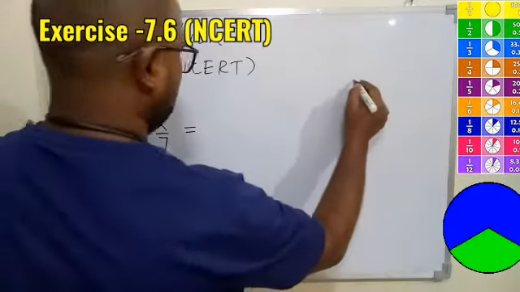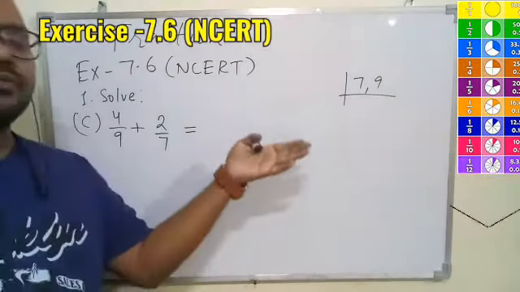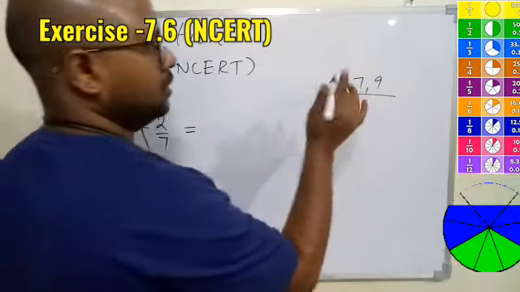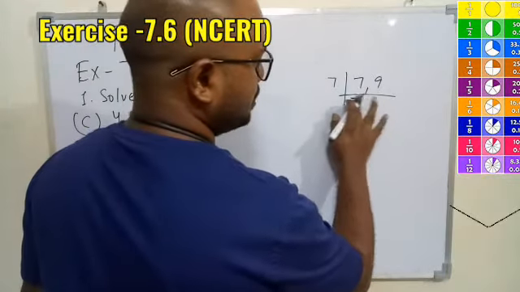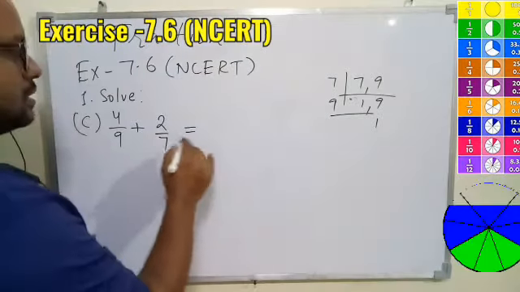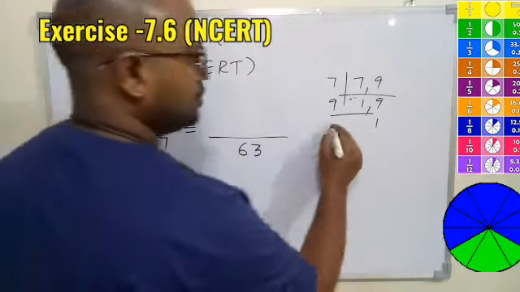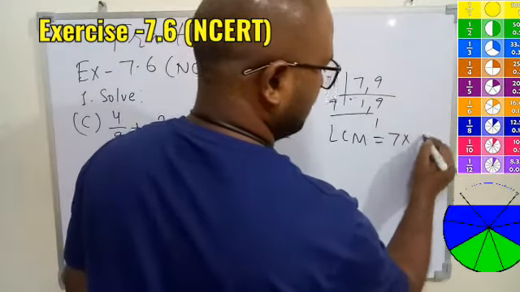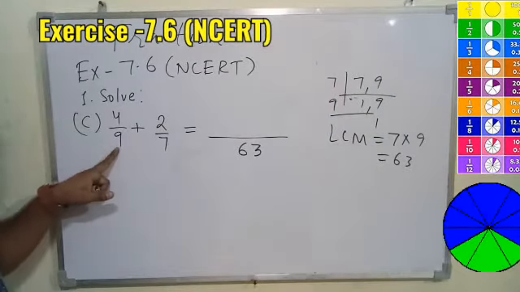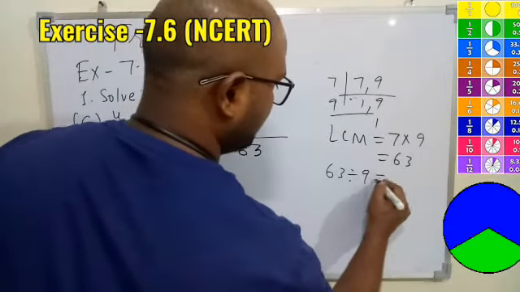So again we'll find the LCM of 9 and 7. If you don't find any other common factor other than 1, no need to find. It is understood it will be nothing but multiplication of both. So even if you try, this will be 7 1 times, 9 as it is, 9 1 times. So 9 7 is 63. Okay, so LCM is 9 into 7. And now what is to be done? Divide 63 by 9. That will be nothing but 7. Okay, so if you divide 63 by 9, you will get 7.